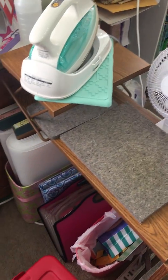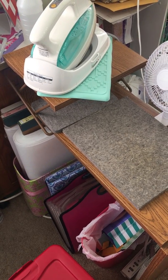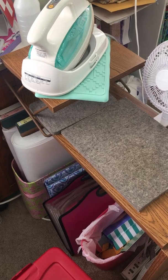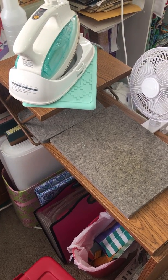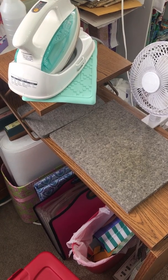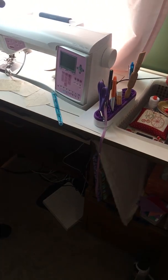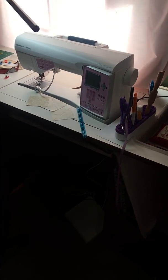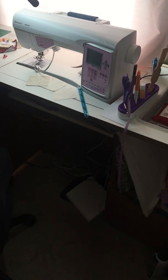Let's go this way first. So I have my little iron right here, and if I'm piecing blocks at the machine and need to press, I have the wool pressing mats that I can just press my units right there. So this is my machine area, and until about a week or so ago, week and a half ago,